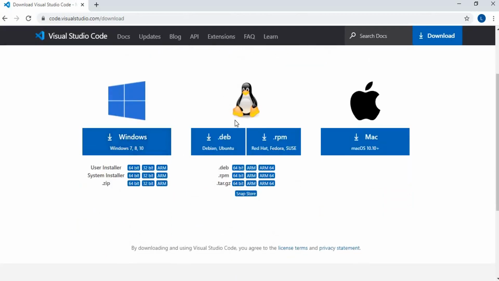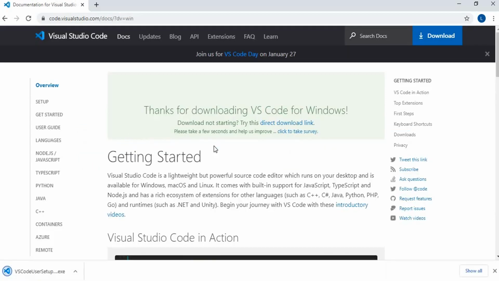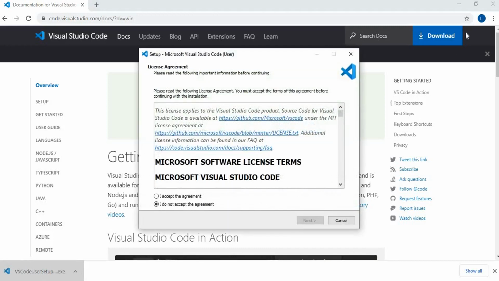We need to choose as per our OS. In case we have Macintosh, we can use this setup; in case we have Linux or Unix, accordingly we can choose from here. Because I have Windows, I will be downloading the Windows version. Click on this and it will download as per our OS. If our OS is 64-bit, it will download the 64-bit version; in case of 32-bit, it will download accordingly. As soon as our download is complete, just click on it and it will start the setup. Once the setup has started, we can close the browser.